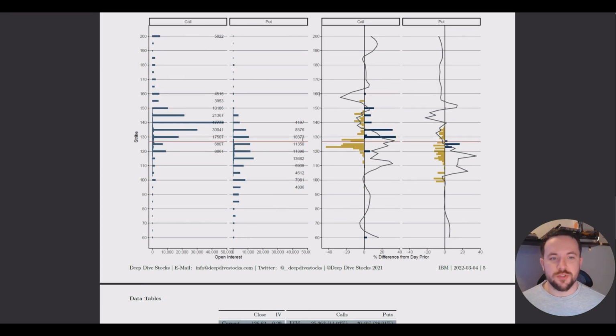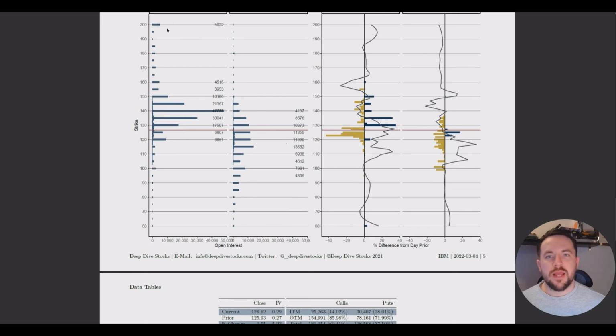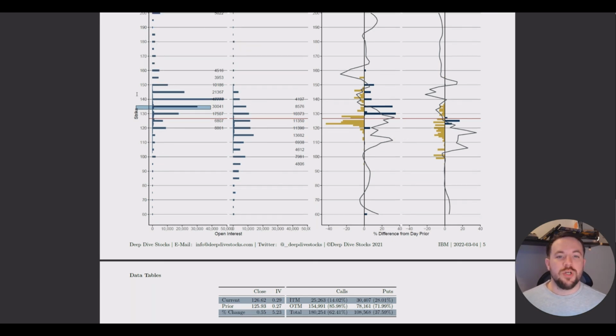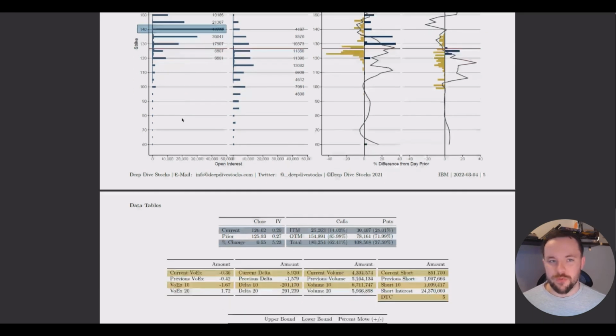The puts are relatively uninteresting. We do have a nice right tail, so the normal distribution on the calls is good. A decent amount of puts on the out of the money, fine. But again, we have those two competing groups right now, where a large portion of these 140 calls are retail short, and then a healthy portion of these, what seems to be about 135 calls, are retail long. Just because the 140 calls started out at a higher amount, and they increased by about the same 400-some percent, there are definitely more retail short calls at 140 than 135.